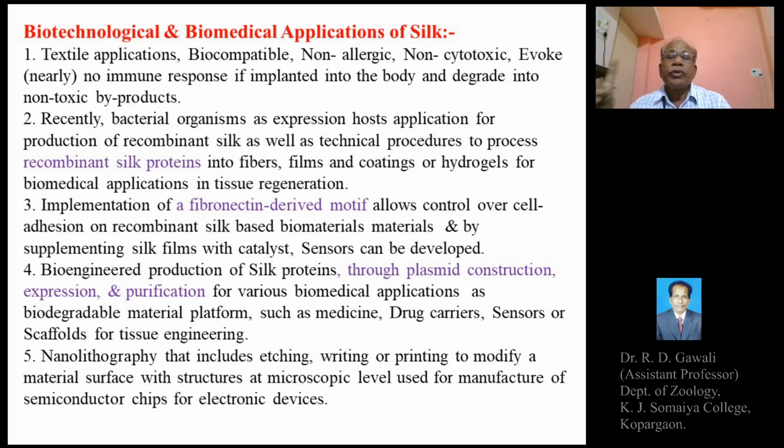With the use of bioengineering or genetic engineering techniques, we can produce recombinant silk proteins, and these recombinant silk proteins can be transformed into products like silk fibers, films, and coatings or hydrogels, which have importance or use in biomedical applications like